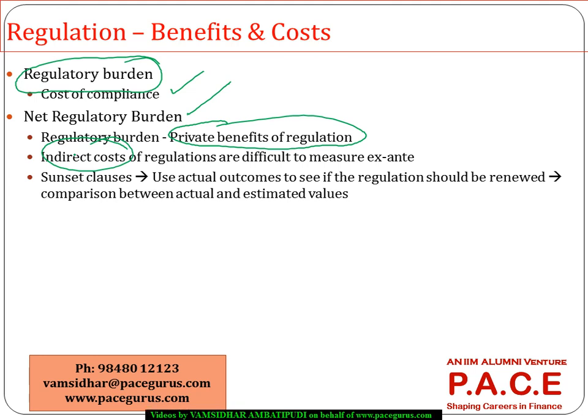In some cases we also see that many regulatory provisions have some kind of sunset clause, which simply says that if you are trying to modify the regulation, observe the reality, see what the actual outcomes are, look at the cost versus benefit analysis of the actual outcomes, actual versus estimated, and perform a thorough evaluation before actually getting into the revision, or before renewing the regulatory contract. So that's one more thing that is suggested.